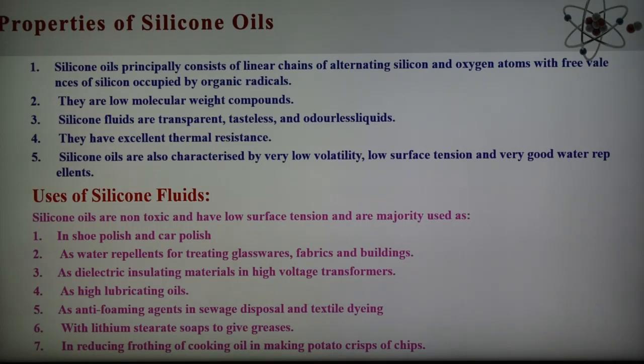These are some properties of silicon oil, and they are widely used. There are a lot of applications of these silicon oils, and the important applications are shown here in the slide. What are the uses of silicon oil or fluid? As we know, silicon oils are non-toxic and have low surface tension, and the majority of these silicon fluids are used in shoe polish and also car polish. It is also used as a water repellent for treating glassware, fabrics and buildings. It is also used as a dielectric insulating material in high voltage